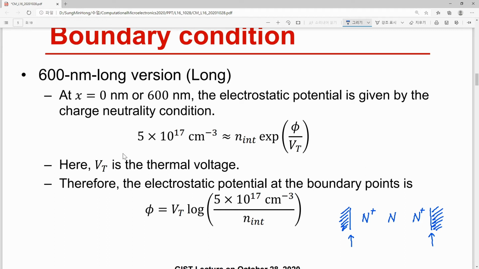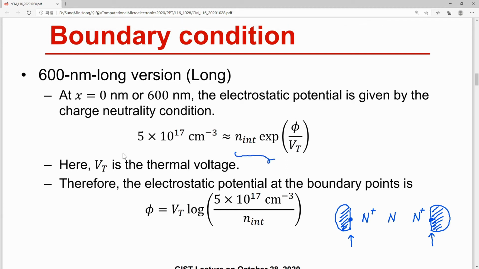So in this case, this ohmic metal always keeps the position nearby the metal in local equilibrium. Therefore, we can say that the electron density